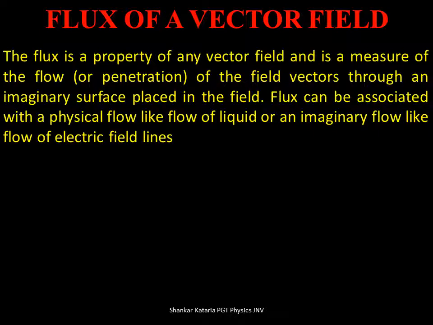Now, before going on to Gauss theorem or before defining electric flux, let us understand the flux of a vector field. The term flux implies some kind of flow. Flux is the property of any vector field. The electric flux is a property of the electric field. Similarly, we can associate flux with, say, the flow of a liquid, so that will become velocity flux. Similarly, when there is a magnetic field, we have a term known as magnetic flux. So actually flux is something which can flow.